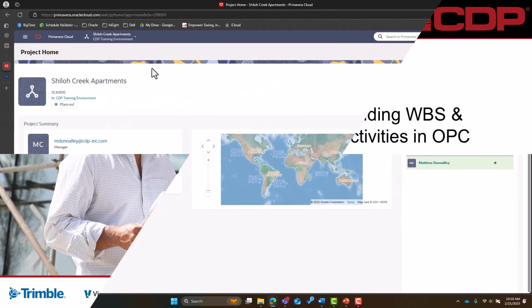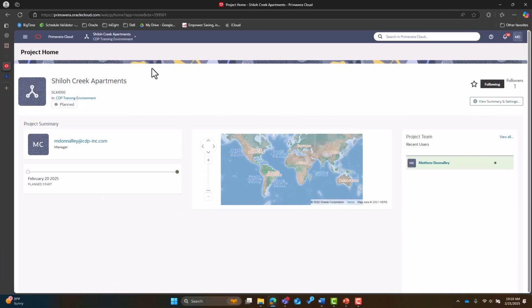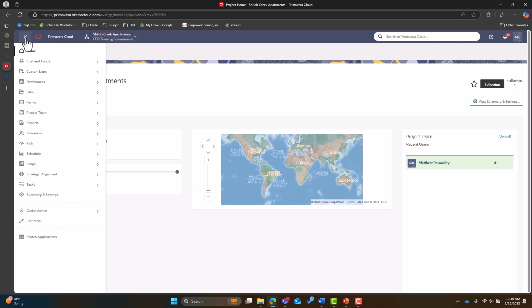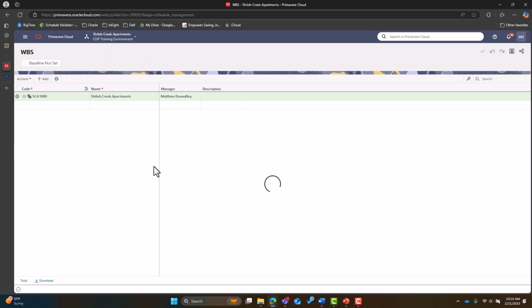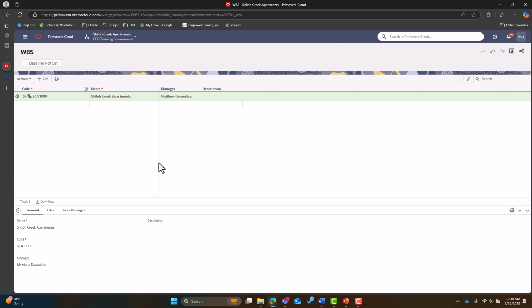Let's get started. In Lesson 2 of our video series, we created our Shallow Creek apartments, and now we're going to add in our WBS to bring in those high-level scope items. You'll navigate to your side panel, into your schedule drop-down, and WBS. And this is the landing page for how we can create those high-level deliverables, which we then can put our